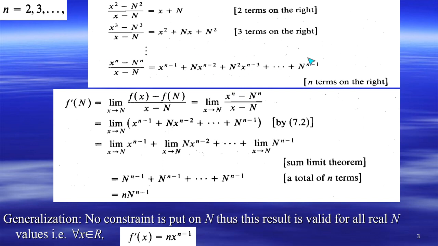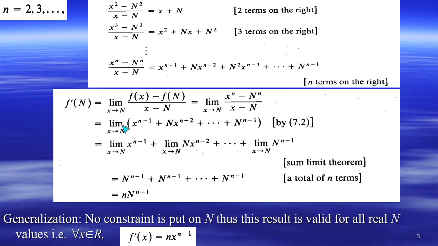We know from above that it is equal to this polynomial, x to the power n minus 1 plus N times x to the power n minus 2, etc., up to N to the power n minus 1. Great. If we replace this expression with the right-hand side expression, this polynomial, which is equal, we obtain the limit when